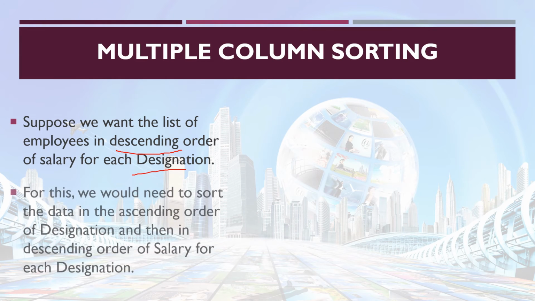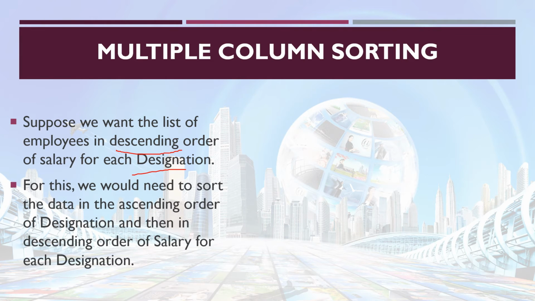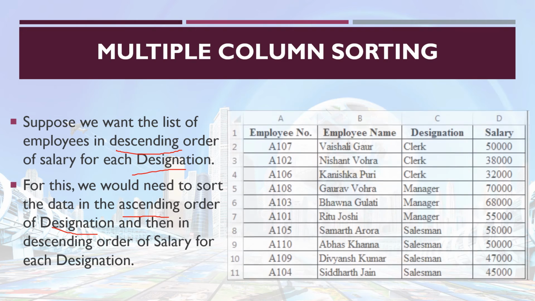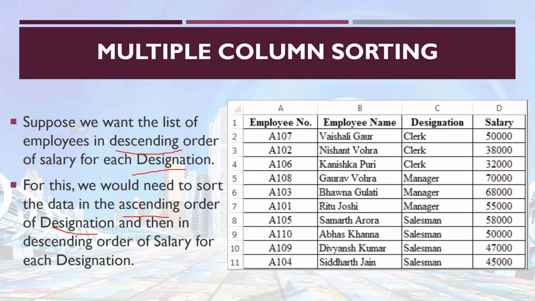So for this we need to sort the data in ascending order of designation. According to the designation we will sort first, and then in descending order of salary. See, like this we need. First clerk. Here we are arranging the data in the alphabet, right? See, ascending order of designation, like alphabet A B C D E order. First C, the next M, and the next S. So like this, first we have to sort the designation, and then according to that we have to sort